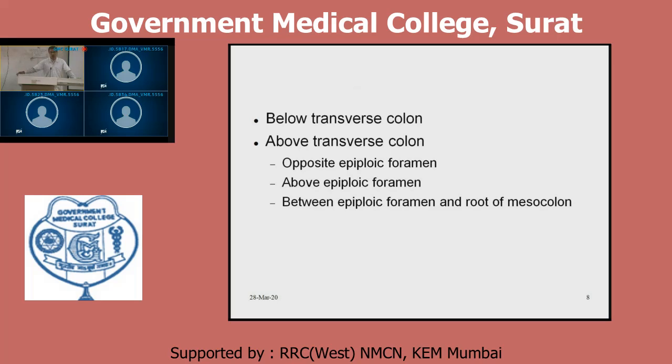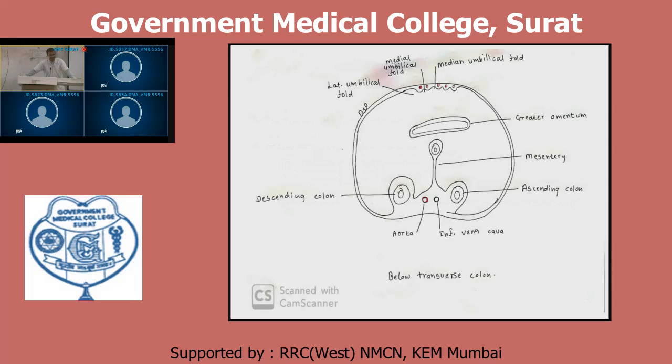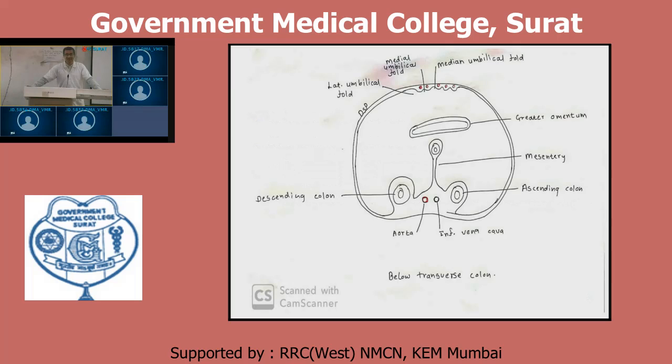First, below the transverse colon. It is simple. Now in this, you can see there is presence of freely moving greater omentum from the surfaces of the stomach. This is greater omentum. Now this is the posterior surface of the anterior abdominal wall. Now, it is a great reflector. These are the medial umbilical fold, median umbilical fold, and lateral umbilical fold. From this umbilical fold, this peritoneum gets reflected. This is tracing just below the transverse colon. Now you can trace posteriorly.